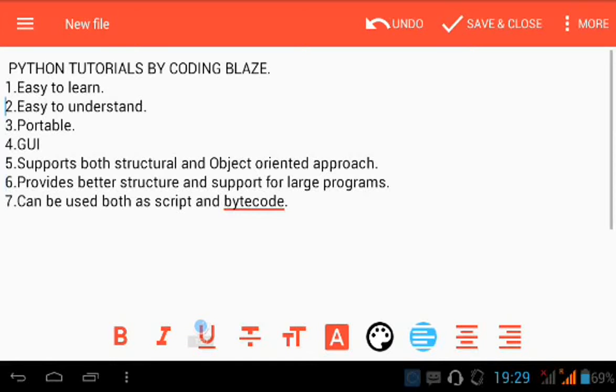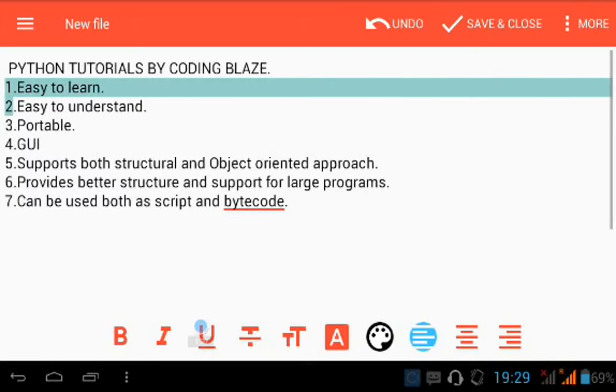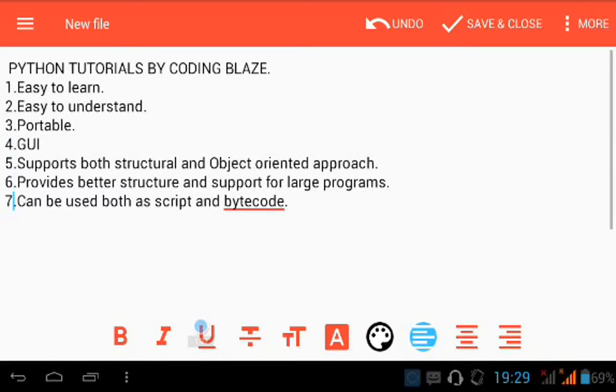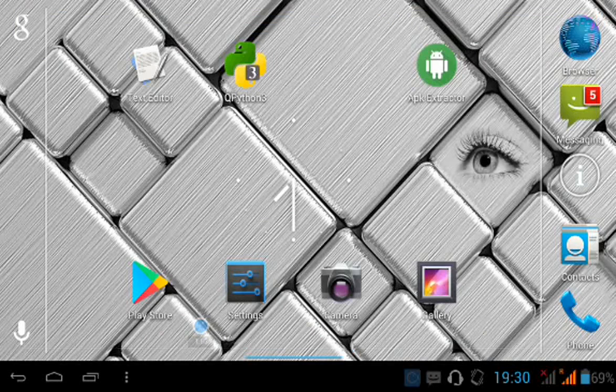what are the things which make Python more worthy nowadays? First point we need to care about is easy to learn. Why is it easy to learn? I will demonstrate a simple example with our first program called Hello. We will write a program to say hello Vikas. I'll write a program which prints out hello Vikas, and we will compare the code of Python with other languages. Okay, first let's see